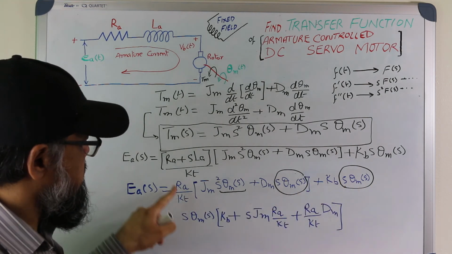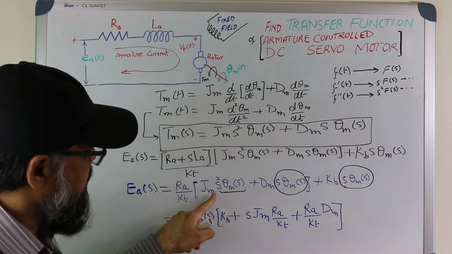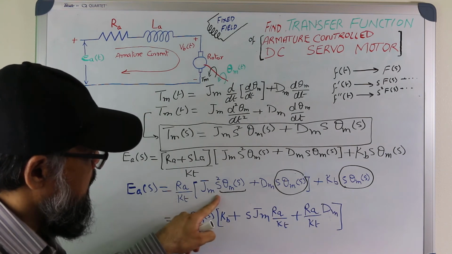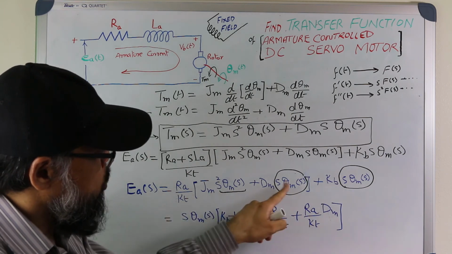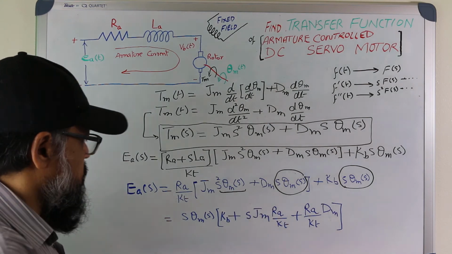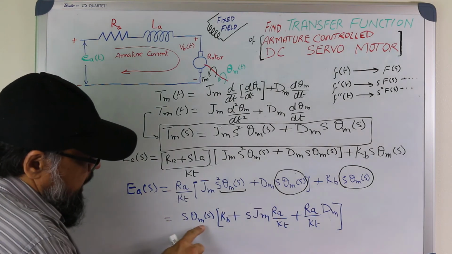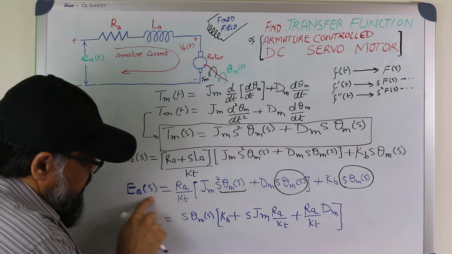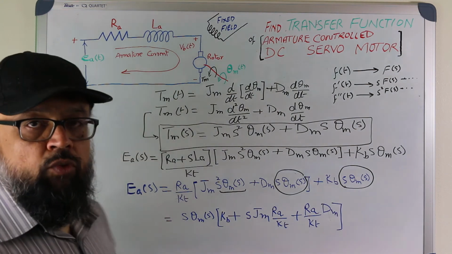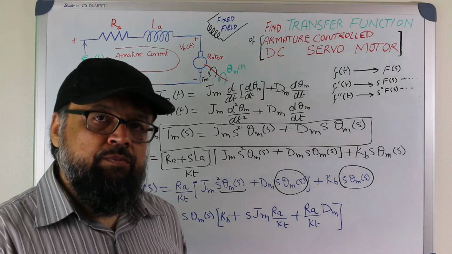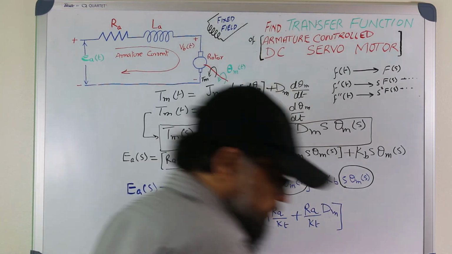So kb plus this factor multiplied by jm, and 1s left here, and here only dm is there. So now we have to take the ratio of theta ms with the applied voltage Es, and when we do that,